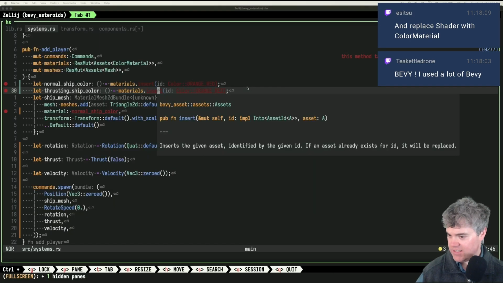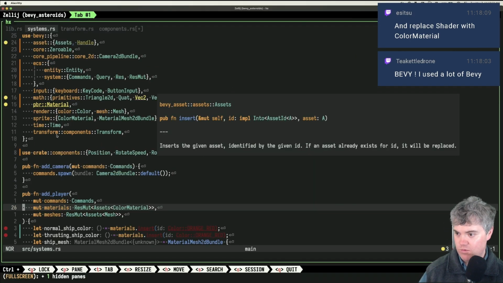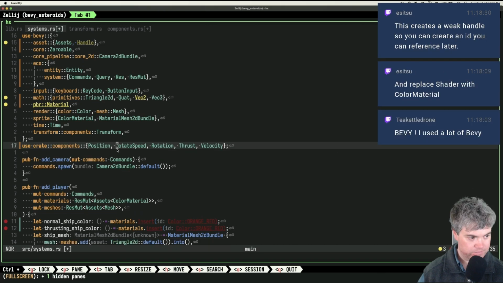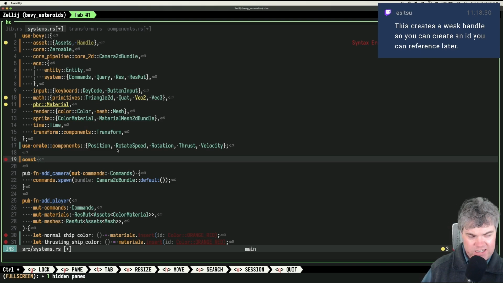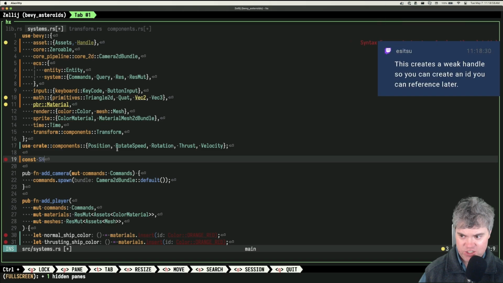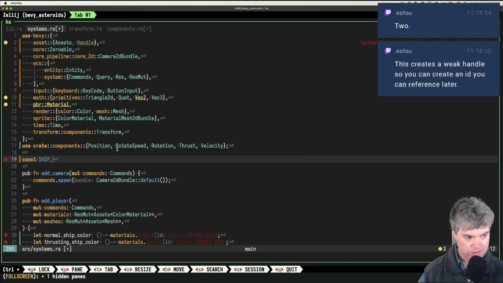Okay, so I'm going to put this to the side so I can reference it. So we're going to have a const. Do I need 2 of these or one? I just want 1 of these, right? So I can just replace it with that same ID. So this is going to be the ship. I need 2.